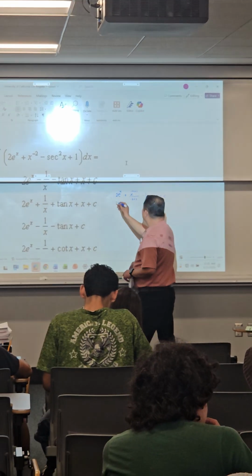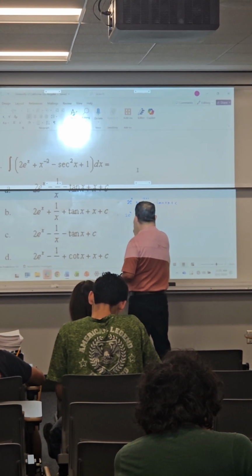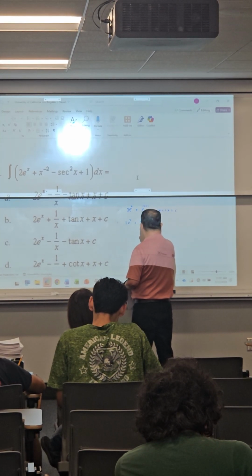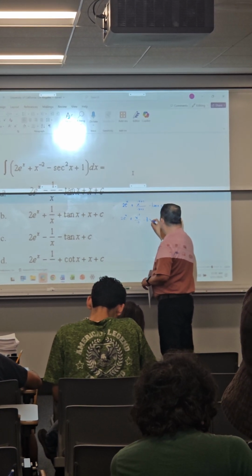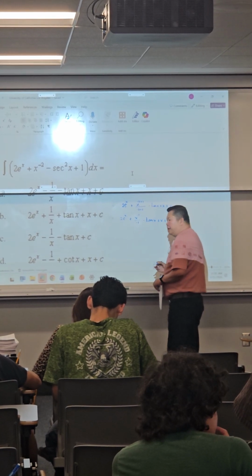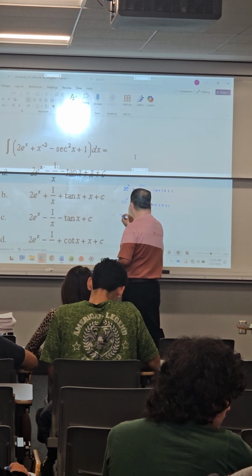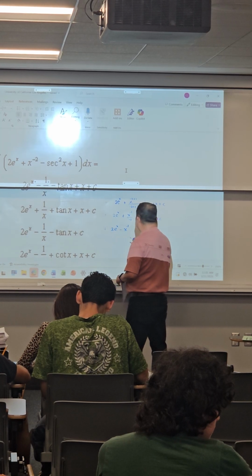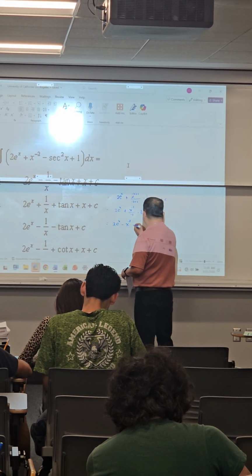And then, clean this up. We have 2e to the power of x, and then we have plus x to the power of -1 over -1. Okay? And then minus tangent x plus a constant. And then what to do now? I'm going to show you step by step: 2e to the power of x minus x to the power of -1. Am I clear? Okay, minus tangent x